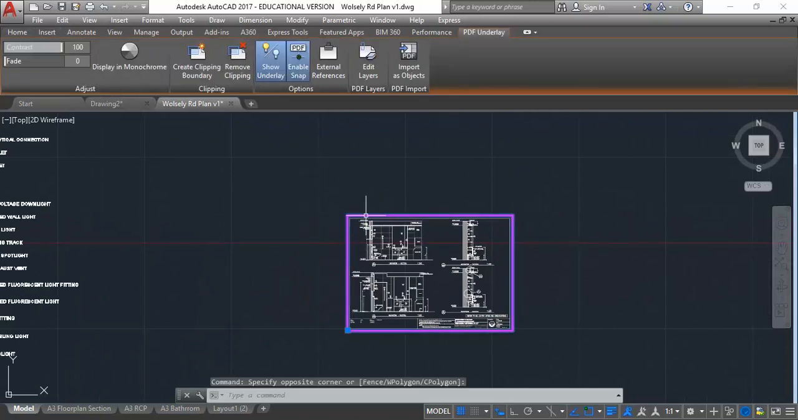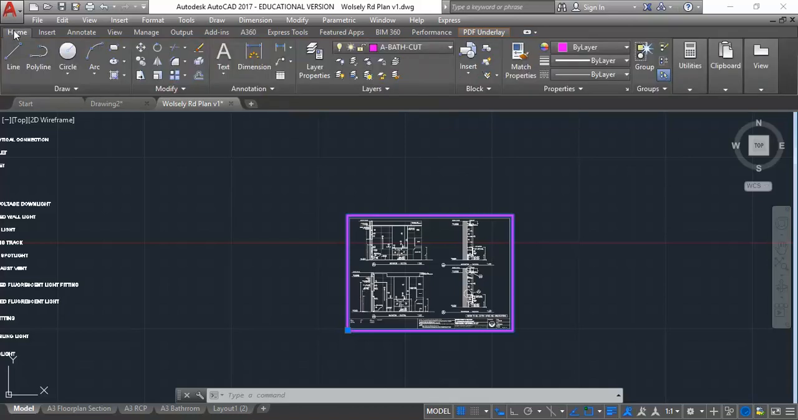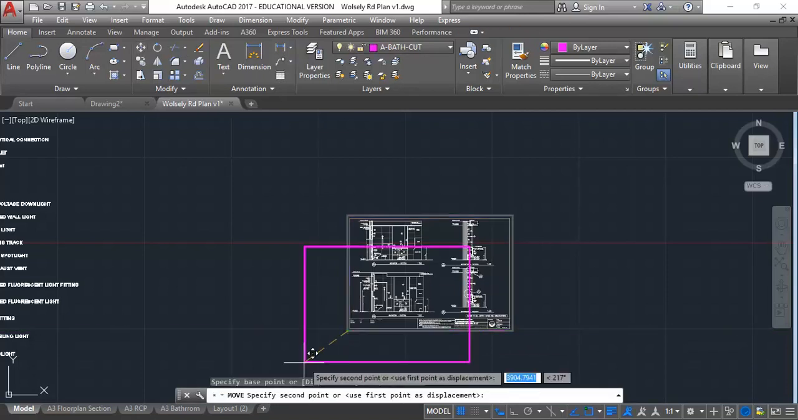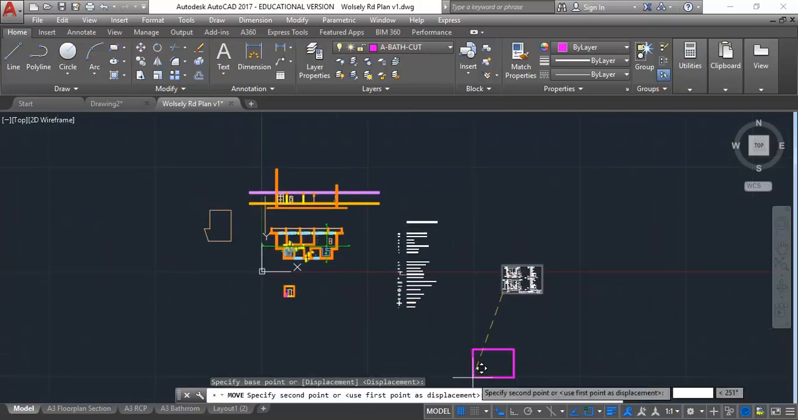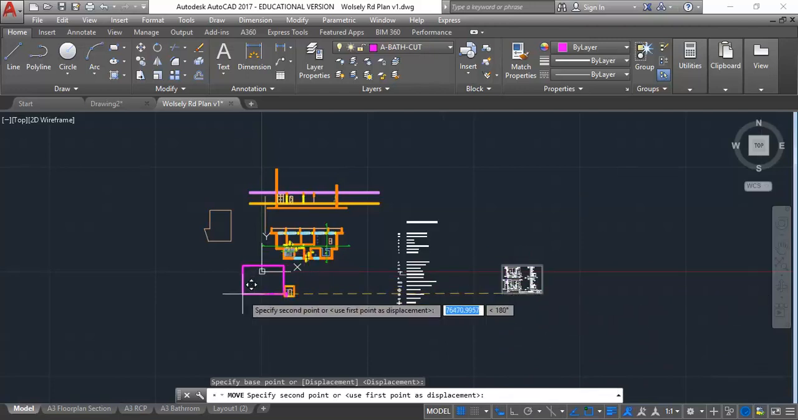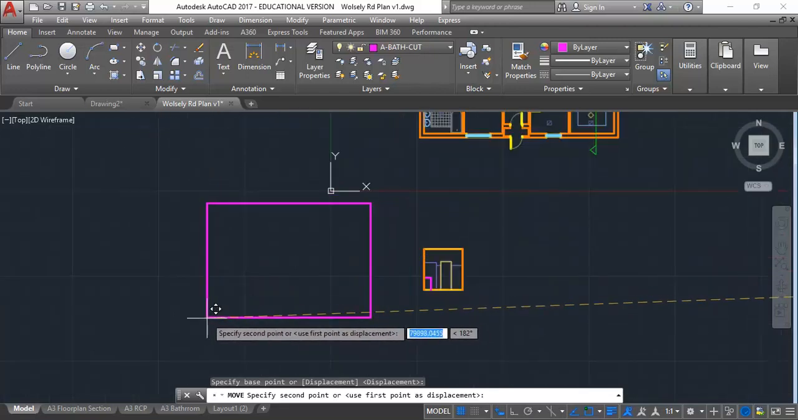So now I'm going to select that PDF, and notice it goes to a new tab, a PDF underlay tab. So a good trick there is to go back to the Home tab, and you can still use any of the other tools there. So I can click on the Move button now, and the PDF is still selected, so I can then just click a base point, and because ortho's turned off and polar is as well, I can then just move this at any angle, and I'm going to bring it over so it's close to what I'm drawing,